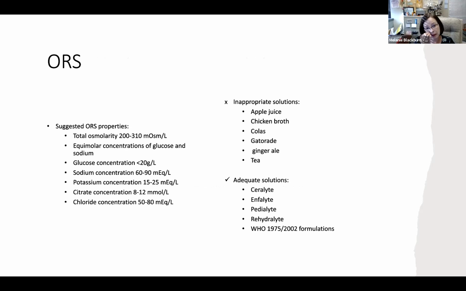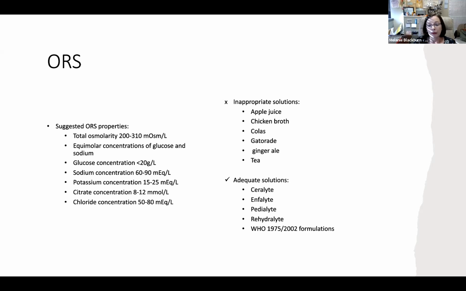These are just some suggested oral rehydration properties. You don't have to memorize those, but you do need to know, off to the right, what are appropriate and what are inappropriate solutions. So if you think about our clear liquid diet in our hospital, those are not fluids that we would use for rehydration. They're great fluids for once you've restored your volume status and you want to do maintenance. They're great things to start out with as a bland, clear liquid diet, but they're not appropriate for